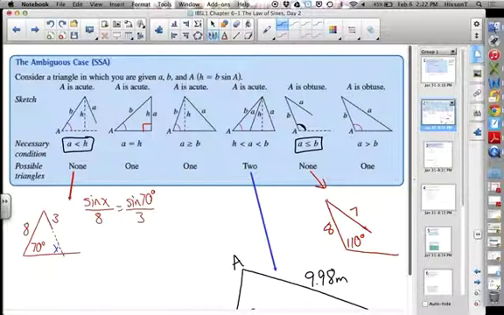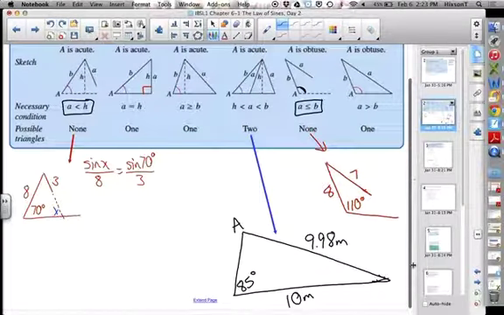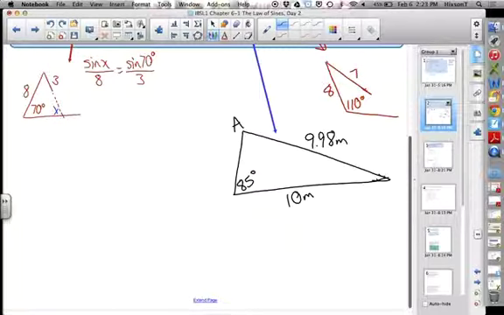Now, it's possible to see this before you do all the work, but I give you an example here where this actually happens, and I just want you to see algebraically what ends up happening. Okay, so we have our situation here. We have an angle of 70, a side of 8, and this side is 3. Okay. Now 70 is still an acute angle, but if you look at this, solving for this angle x down here,